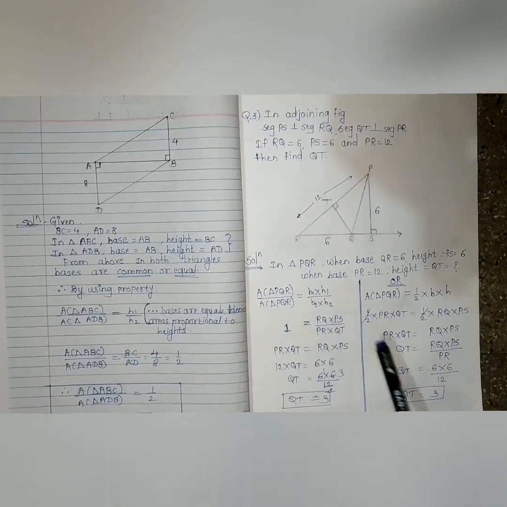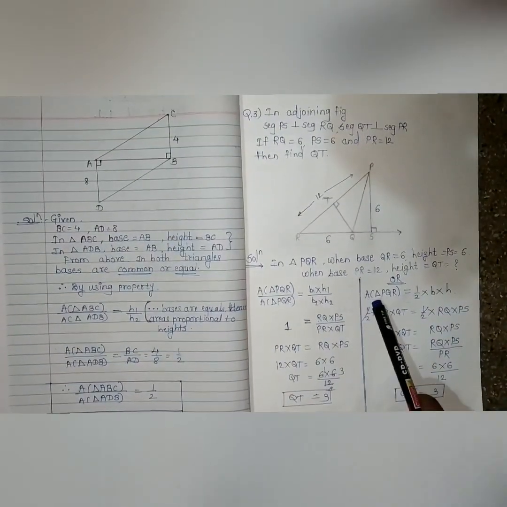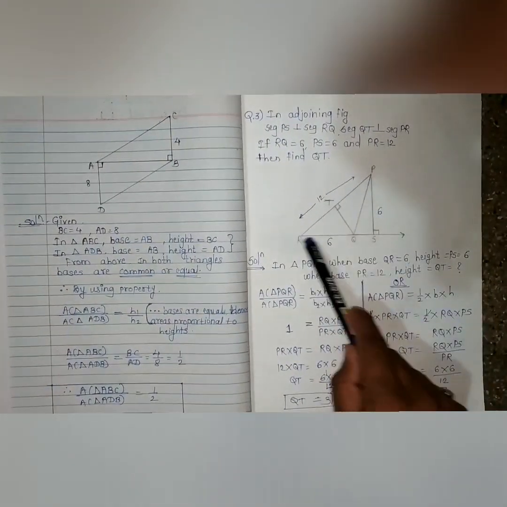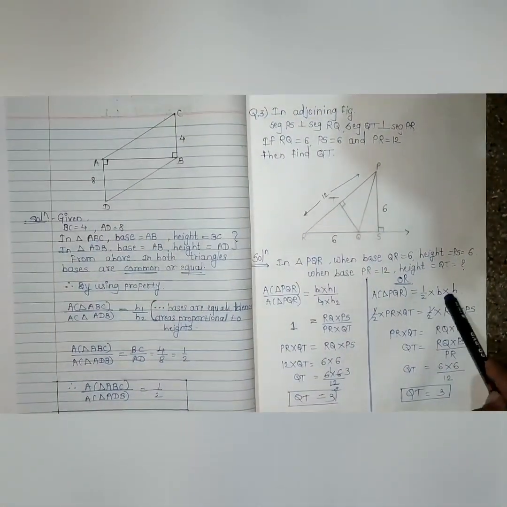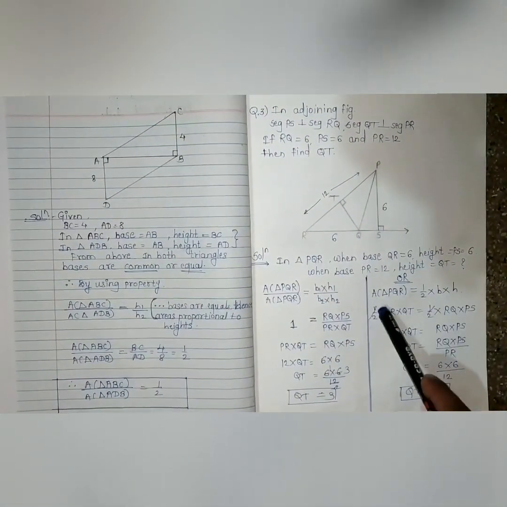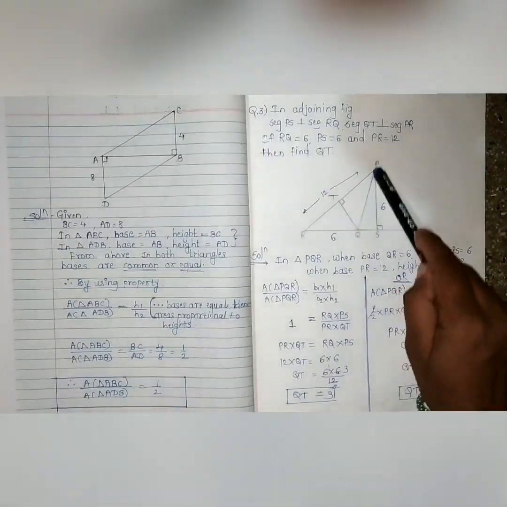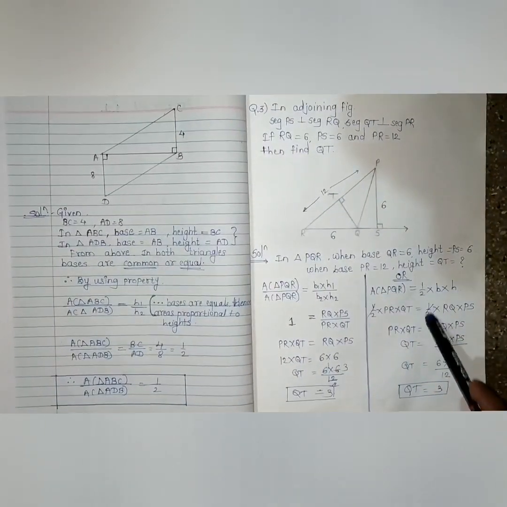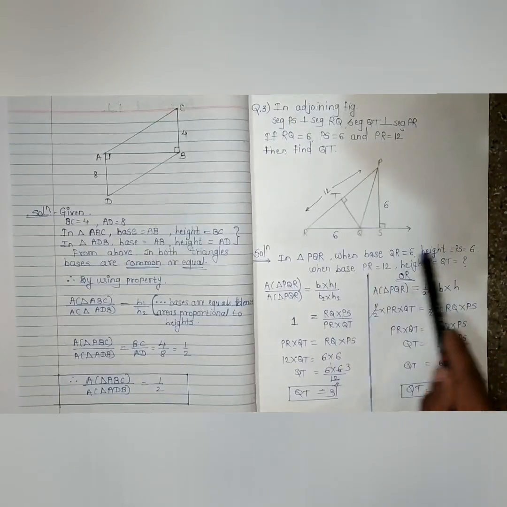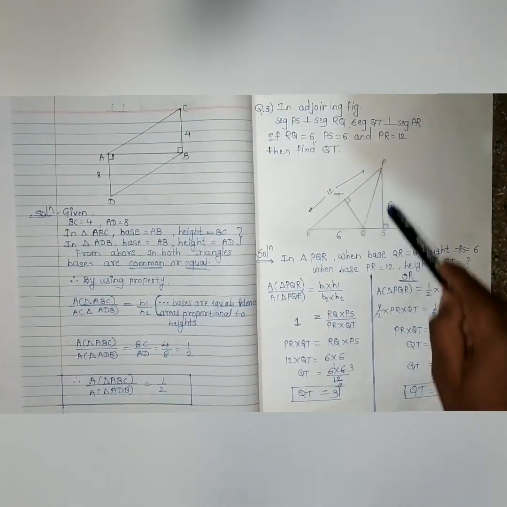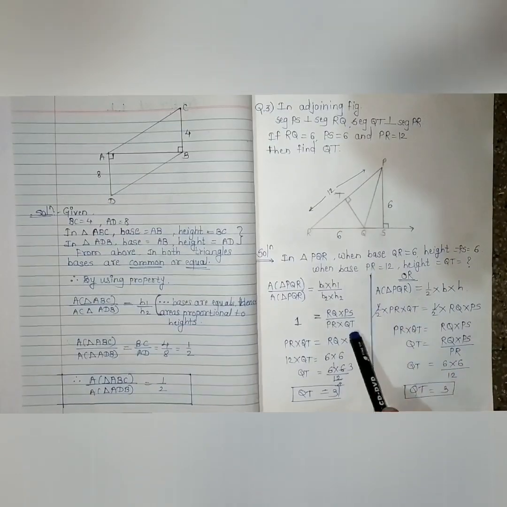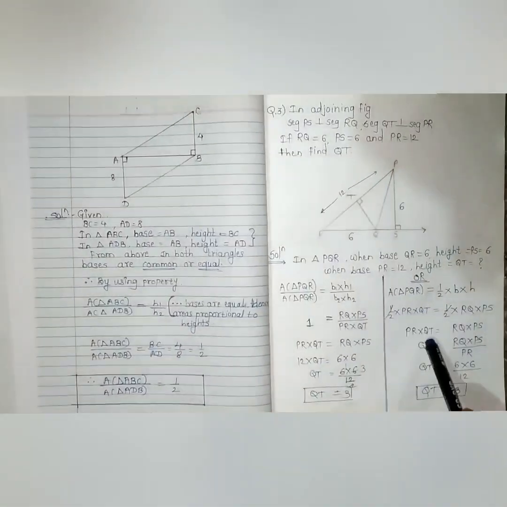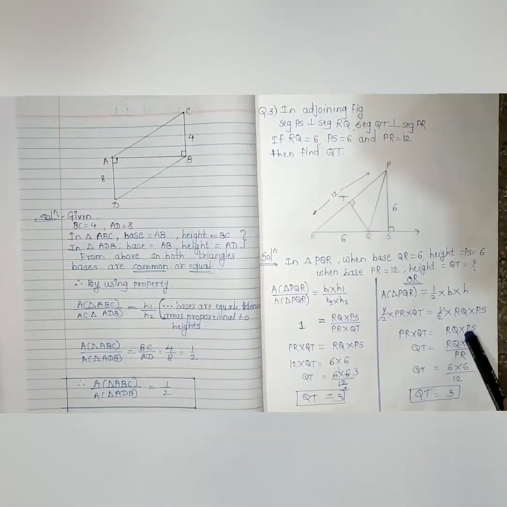This is one way, and another way means the area of triangle PQR is equal to 1 upon 2 into base into height. But area of triangle PQR is equal to 1 upon 2 into what is the base? PR is the base, therefore write here PR, and what is the height? QT. And 1 upon 2 base means QR, base is QR and height is PS. Here 1 upon 2, here also 1 upon 2, therefore 1 upon 2 gets cancelled. Remaining terms are PR into QT is equal to RQ into PS.